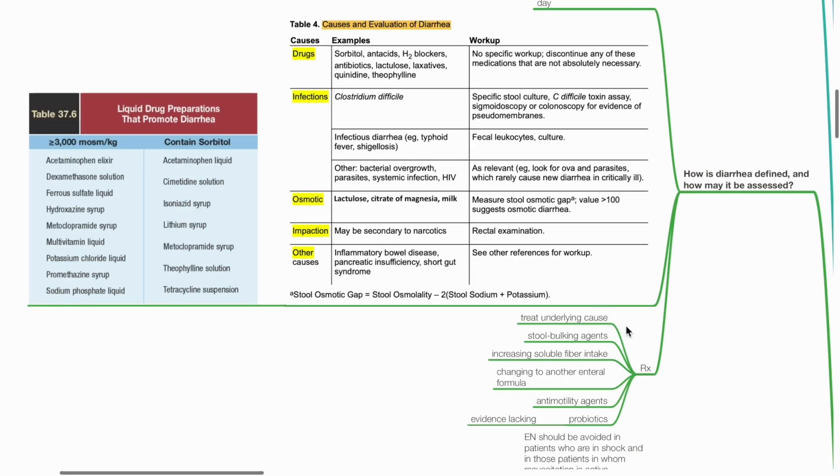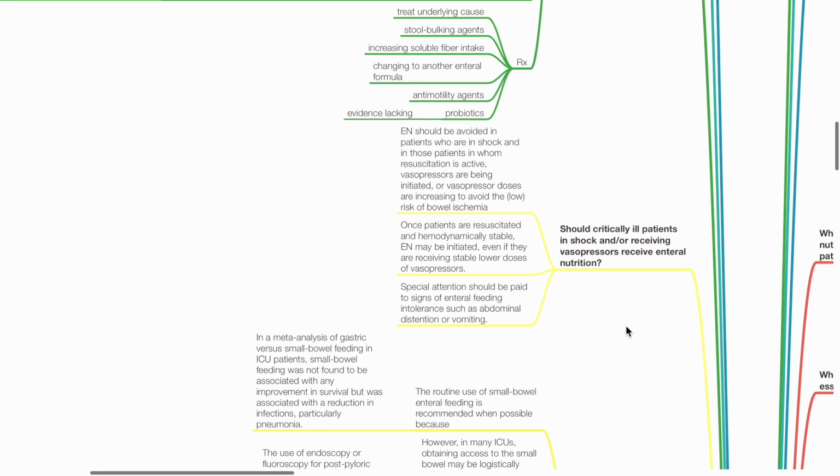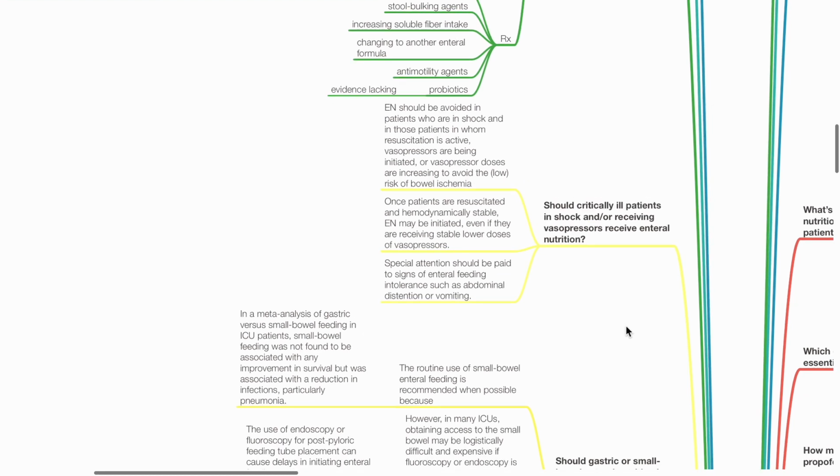Treatment of diarrhea includes treatment of the underlying cause, stool bulking agents, increased soluble fiber intake, change of enteral formula, and anti-motility agents. Should critically ill patients in shock, who are receiving vasopressors, receive enteral nutrition? EN should be avoided in patients who are in shock, and in patients in whom resuscitation is active or vasopressors are increasing,